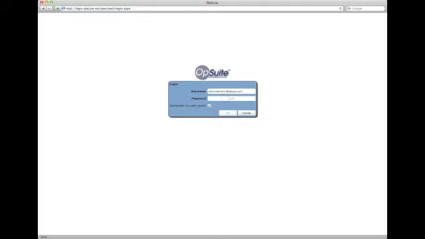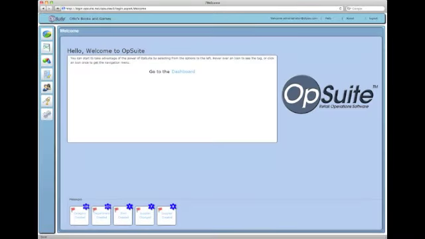I'm going to log in as an administrator so that I have full capabilities. As I'm logging in, I will be taken to the landing page, which is just a generic page. Once implemented, you could put your news bits or other information on this landing page so your users can see what's going on. You can also click to go right to the dashboard, which is our KPI widgets, or